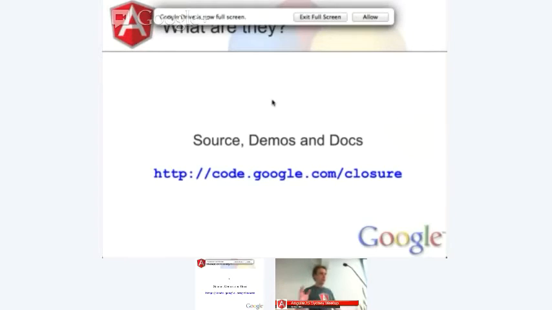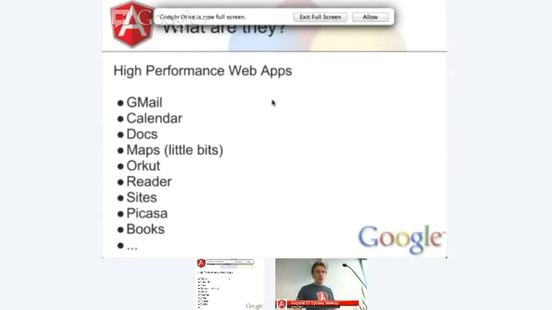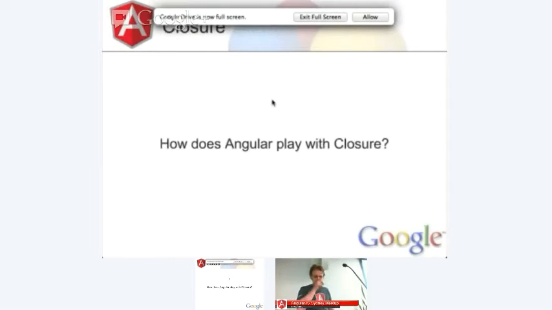There's a lot of resources about this. I won't go into too much detail about Closure because it's its own fork. It's basically the thing we use for building everything at Google. Every web app that Google builds uses Closure. So how does Angular play with Closure? This is a big question for us at Google because Closure is a fundamental part of all of our JavaScript development. I won't focus on the libraries, but I'll focus on the compiler because the compiler is really useful to every web developer, which the libraries aren't so much.